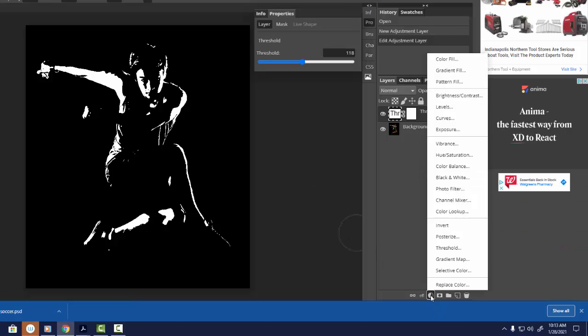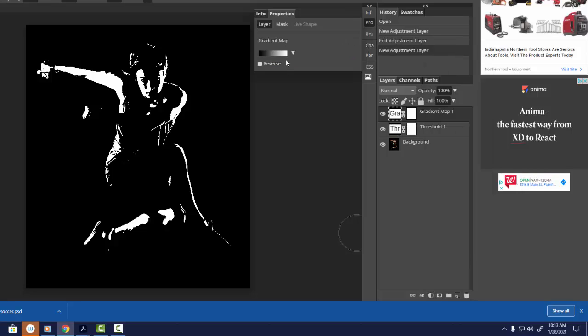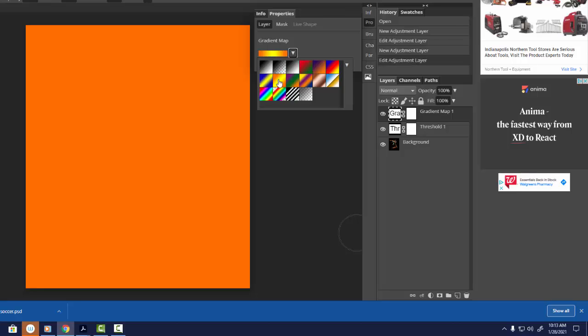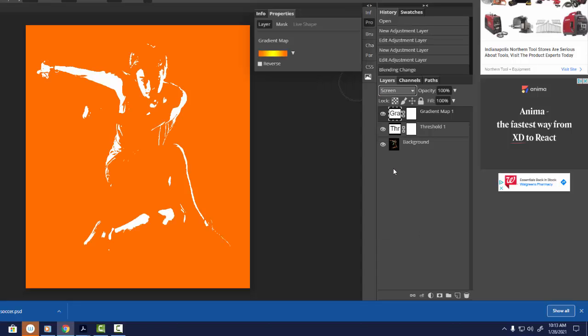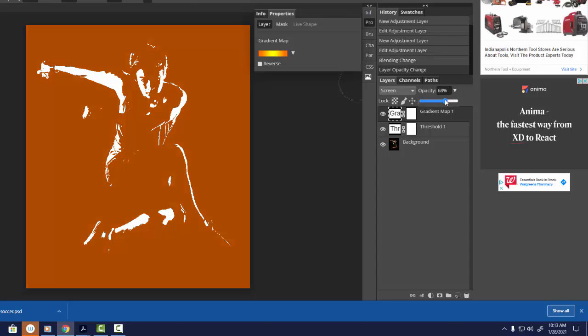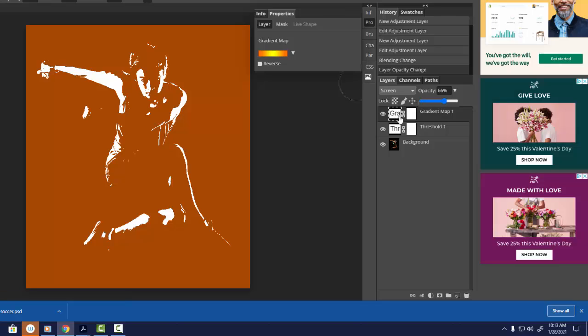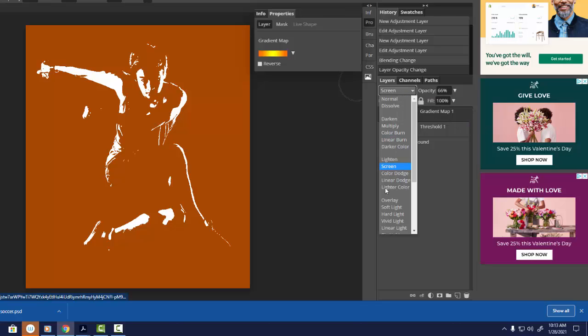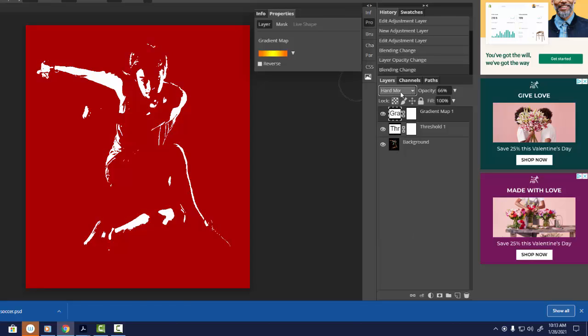So I could come back down here to the button and I could say, let's throw on a gradient map, shall we? And maybe I want to switch up the gradient, and then maybe I want to change the blend mode. Look at that. And I could lower the opacity if I wanted to. So you have to kind of bring back some things that you know about Photoshop. So on that gradient map layer, I'm playing around with the blend mode. What would something like hard mix do? Ooh, makes it kind of, see, that was kind of